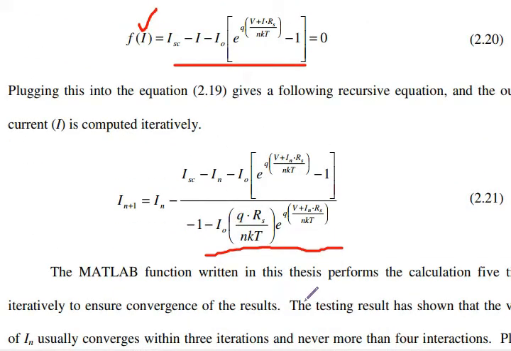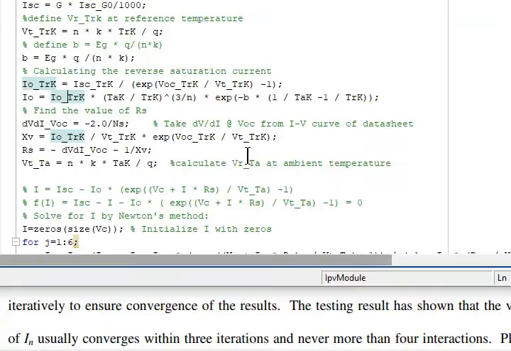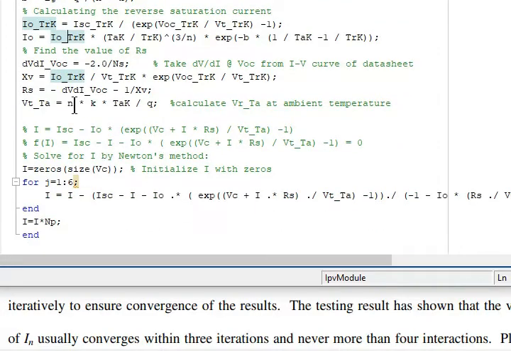In this case I have simulated it, and 4 iterations are sufficient. But for surety I have increased the iterations to 6, to ensure that the cell current is calculated accurately. So again let's go to the cell model here.